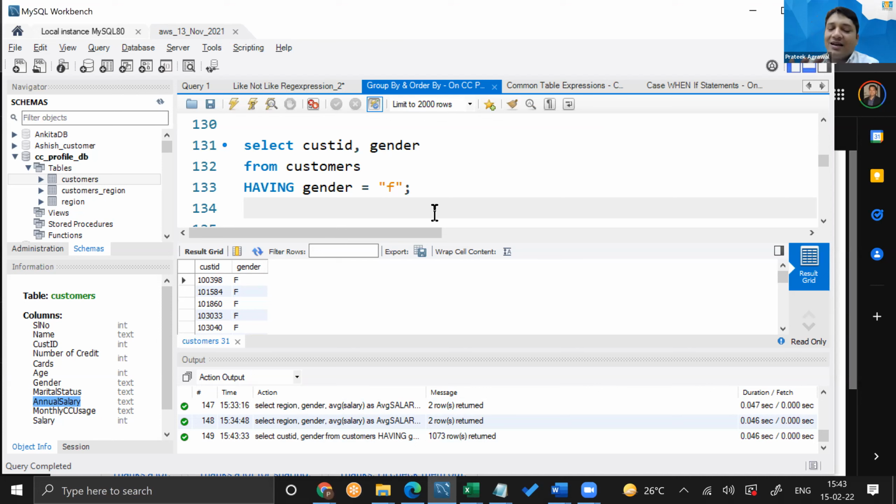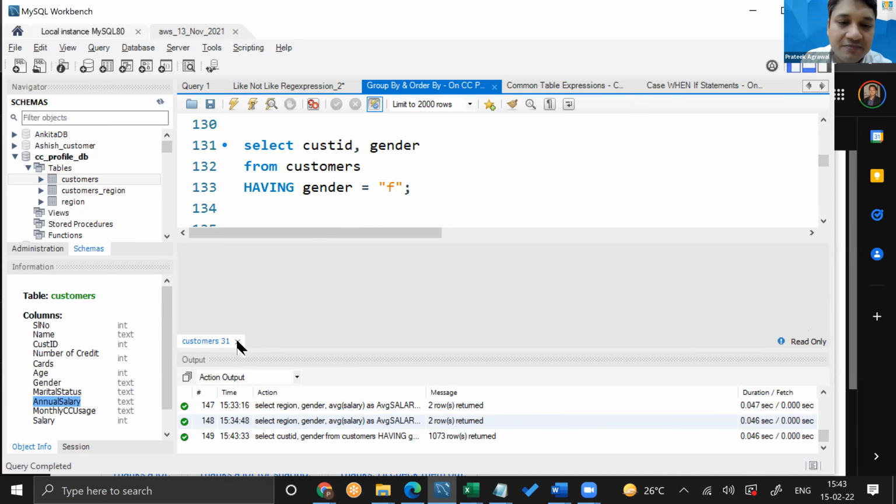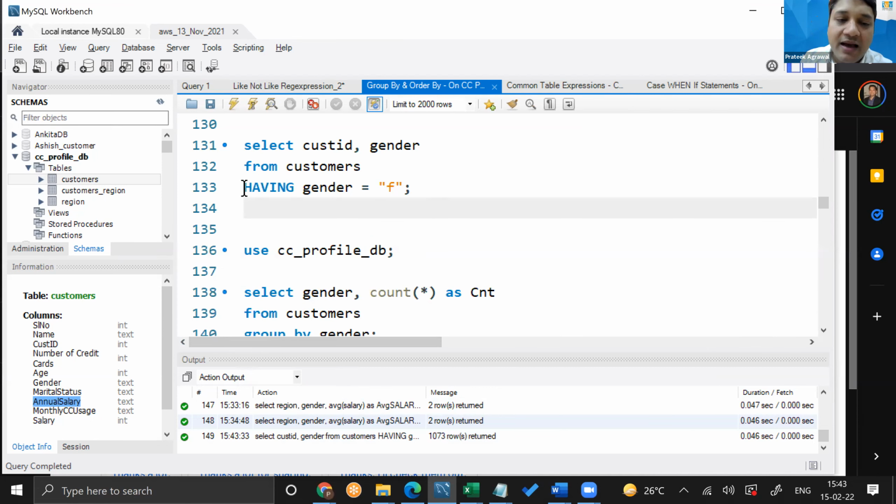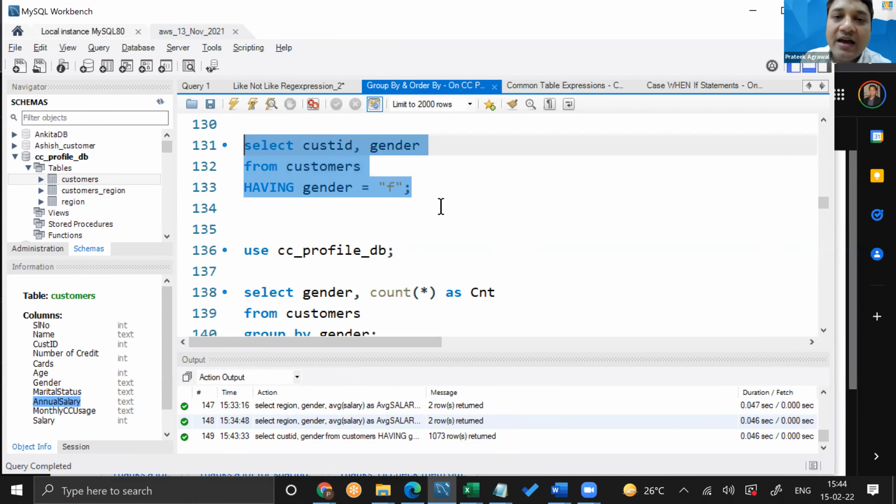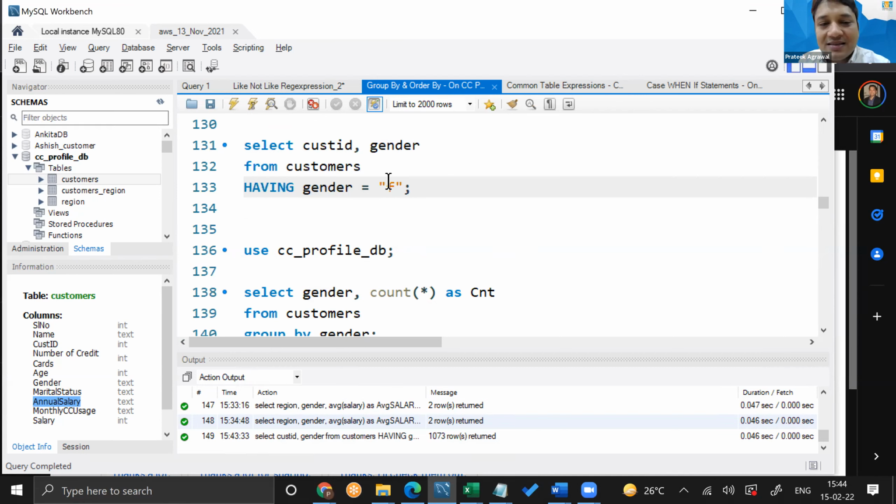Even if you do not remember this, it's fine. But I'll tell you why this is not a great practice, why you will not find a lot of people using having instead of where. Because this makes the query run slower.